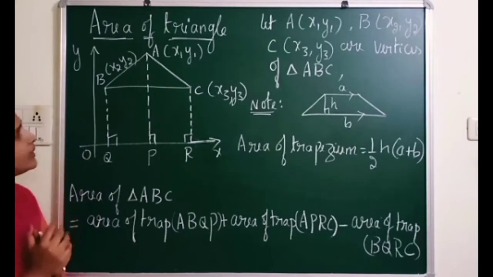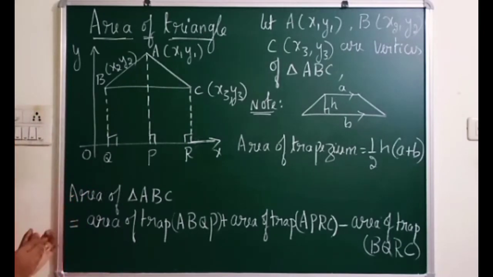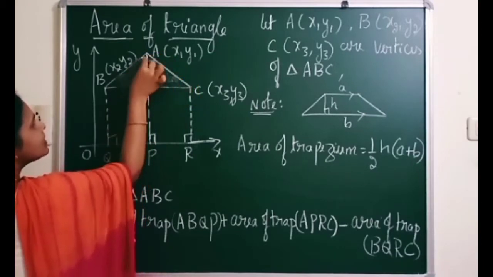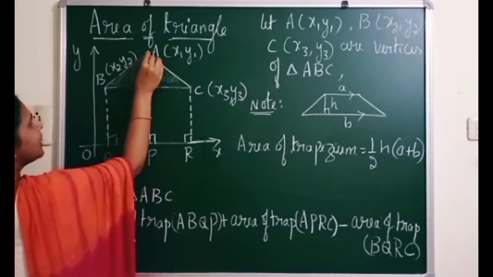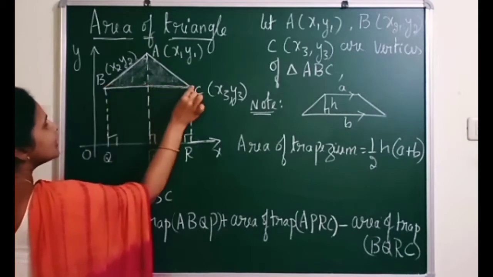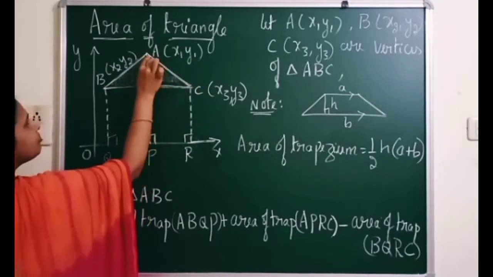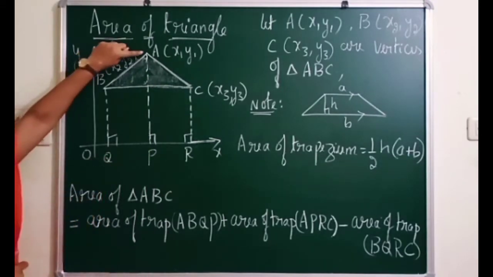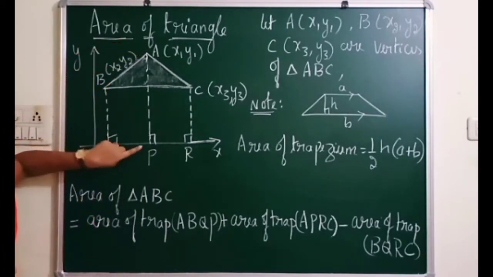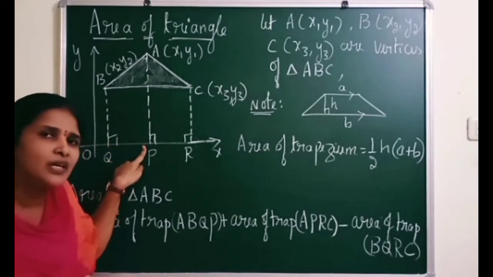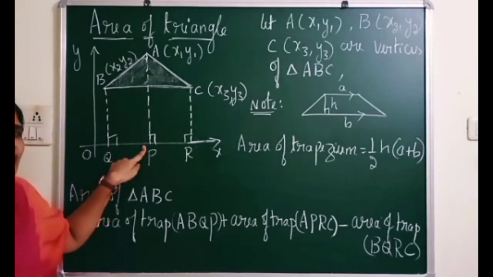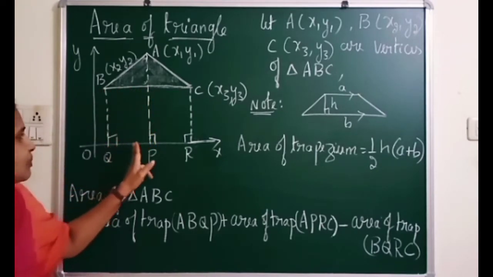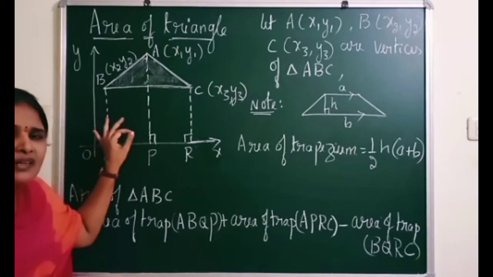After drawing the construction, you can see the diagram is a little complicated. So try to understand. In this diagram, I should find the shaded part. To find the shaded part, what geometrical figure can you see here? Just observe A, B, Q, P. What is the shape of this figure? With the four vertices, you can see BQ and AP are parallel and this is perpendicular. So can we call it a trapezium?